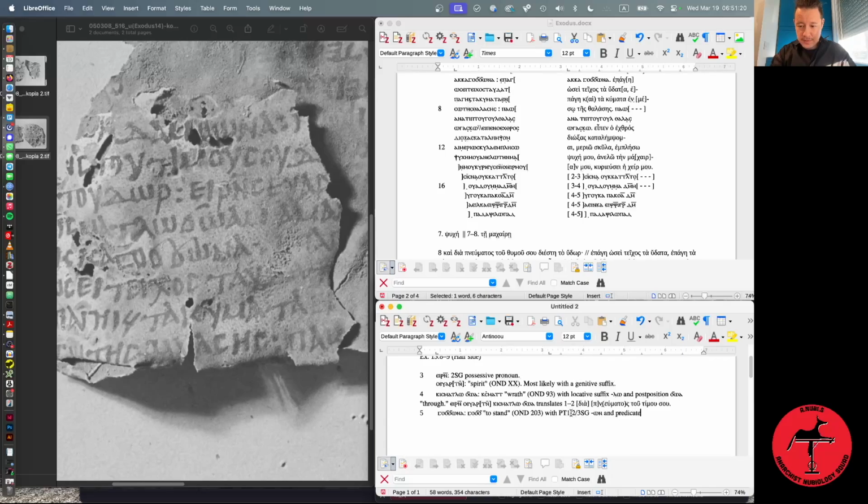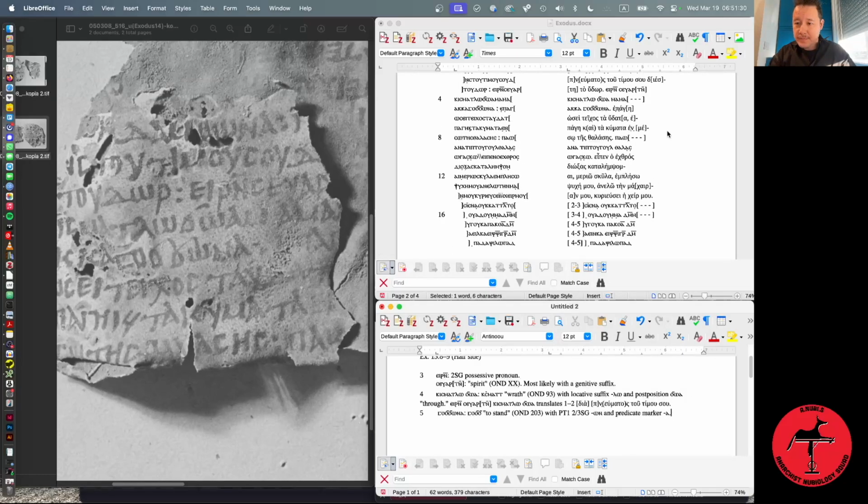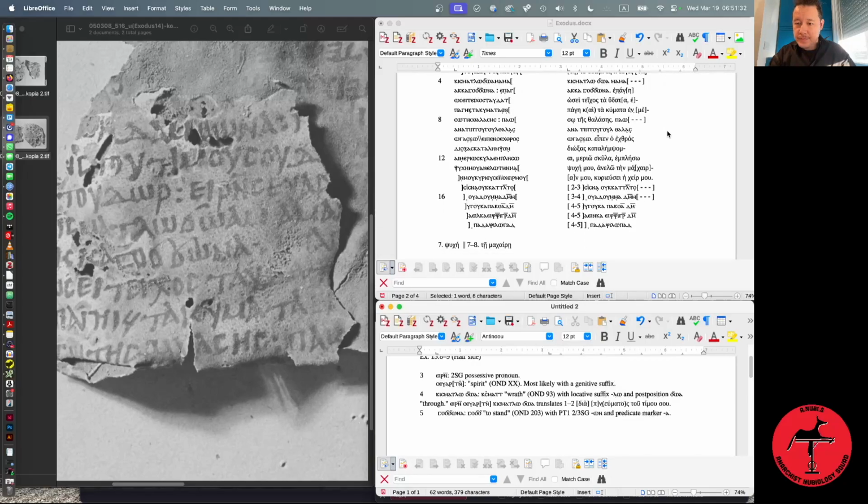And brackets, marker. So akka here, obviously. No, not so obviously. Water, water. Aman, or